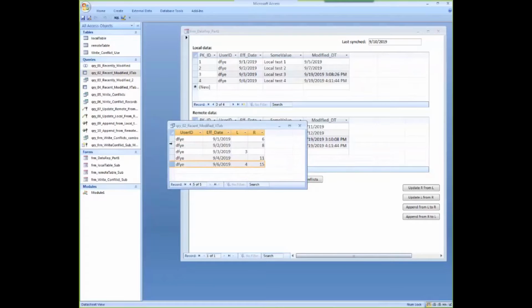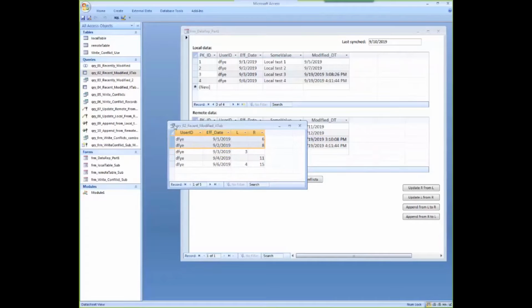Looking at these two records, I would assume that I just need to download data from the remote data source, and this one as well. And with this one, I could just simply upload that. But if I tried to do that, at least with these two, I would generate unique record violations because I've already got those two records in my local data set.